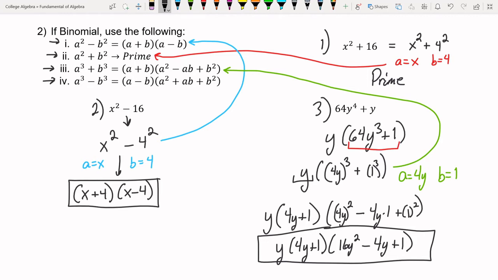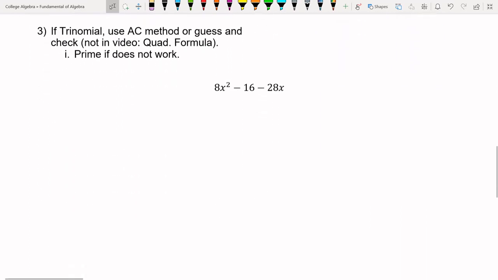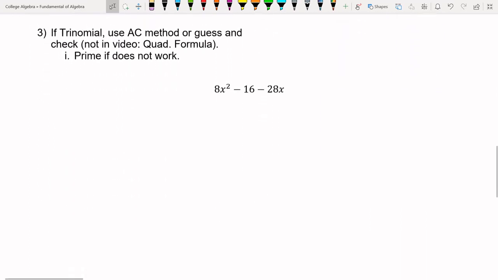All right. If you have a trinomial, this is where we use the classic AC method or guess and check. So I'm going to use the AC method to show this. I think it provides a structure on how to do it. The guess and check method, you can try it. If you know how to do it well, then it's faster than the AC method. But if you're not really sure what to do, then the AC method is your go-to